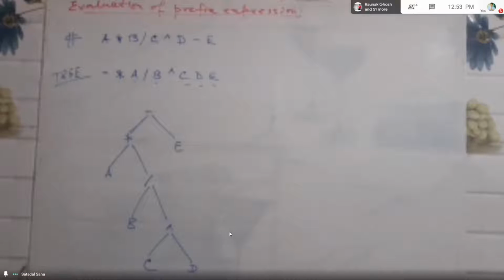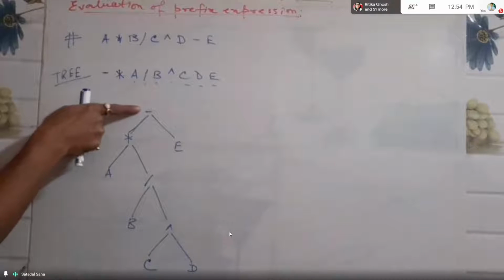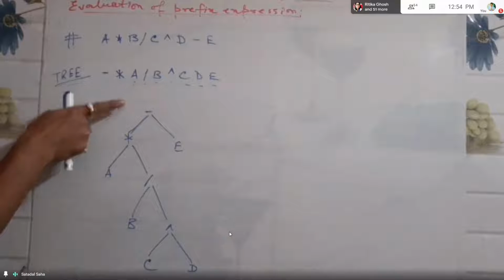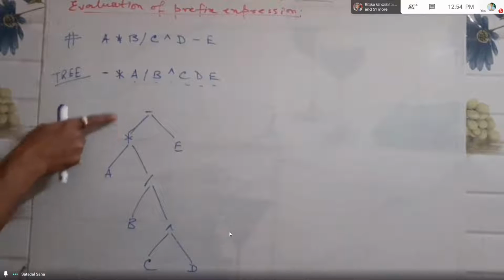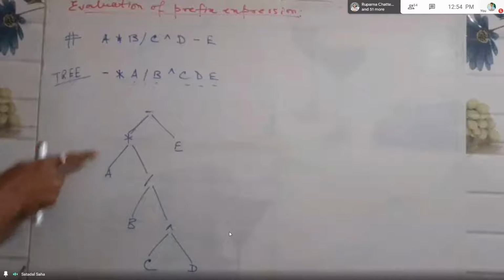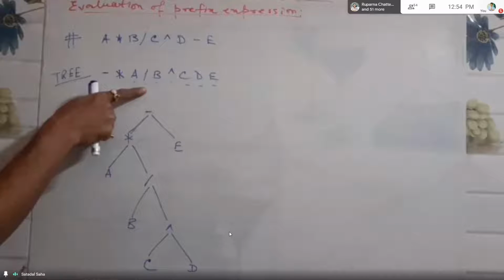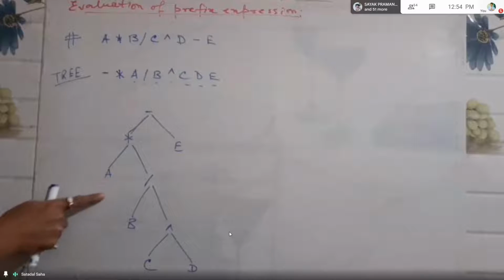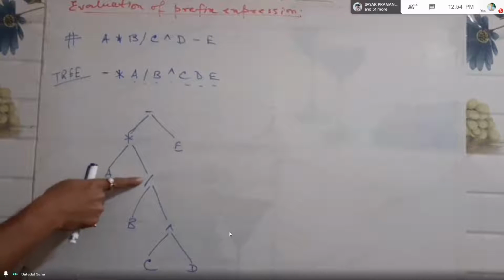sign. So any operator will have at most two branches, left and right. So it is a binary tree. We have formed actually a binary tree using this prefix expression. So if you scan from left, so this is the root, then you have this asterisk, it is the left wing, and then left child. So A, then again is left. Then this division, the division cannot be under any operand. So you will be going to the right one.